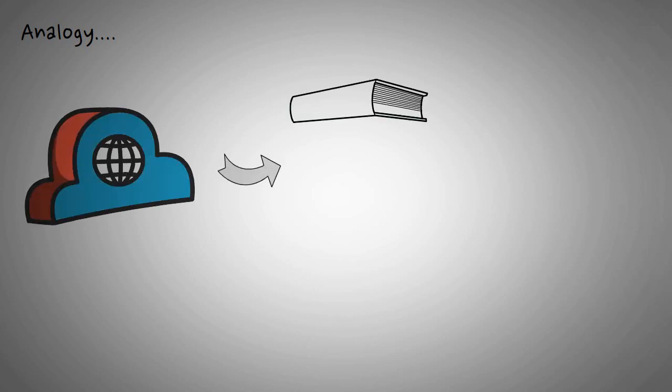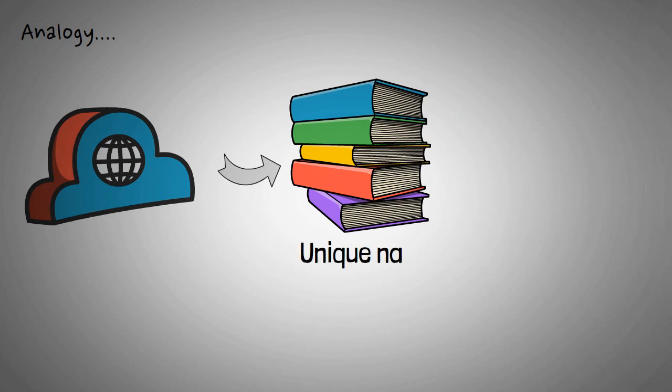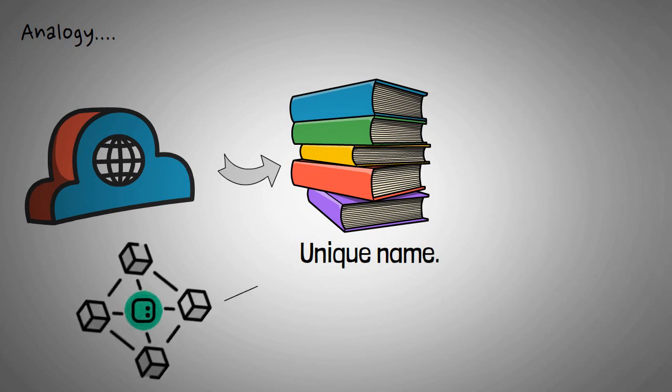Imagine the internet is like a giant library with millions of books, but instead of using complicated Dewey Decimal System numbers to find each book, you can give each book a simple and unique name. Space ID is like a tool that helps you create these unique names for books, and it also helps you find them easily using these names. So, instead of searching through millions of books to find the one you need, you can just use its simple name to locate it on the shelf.